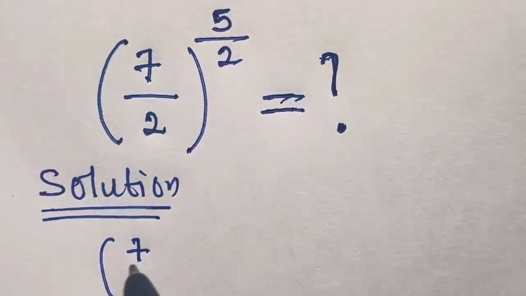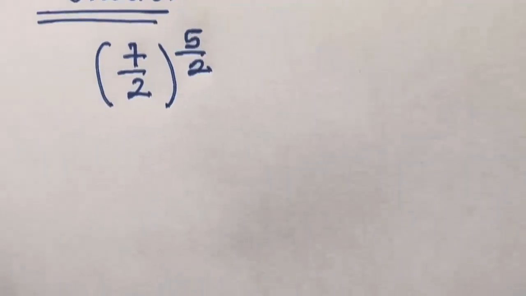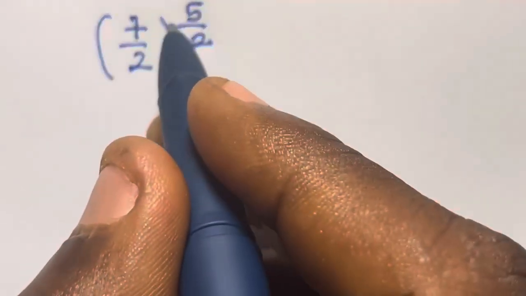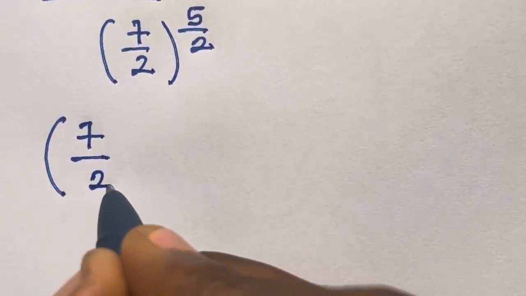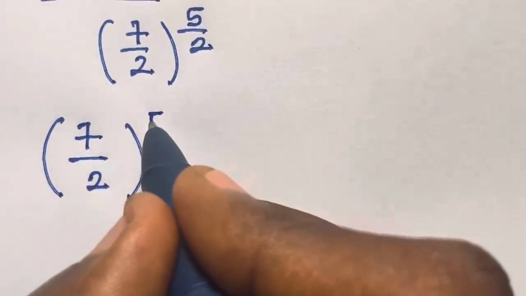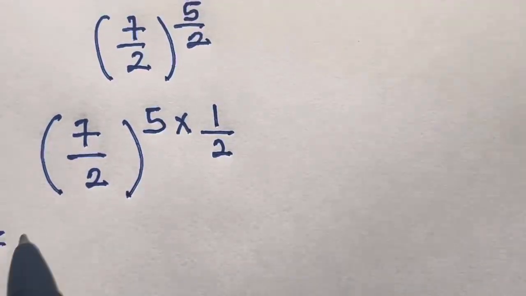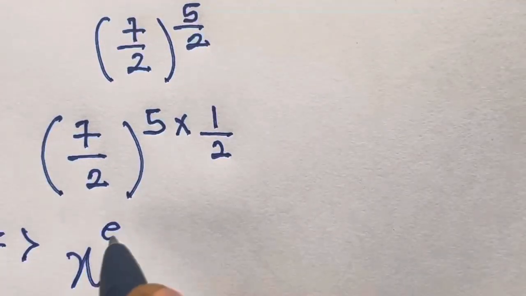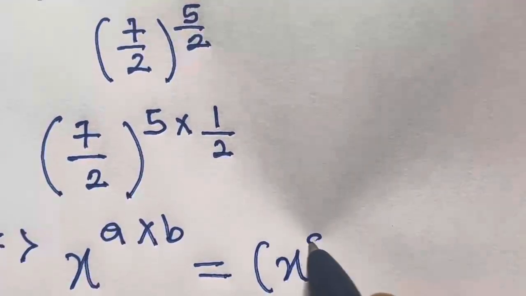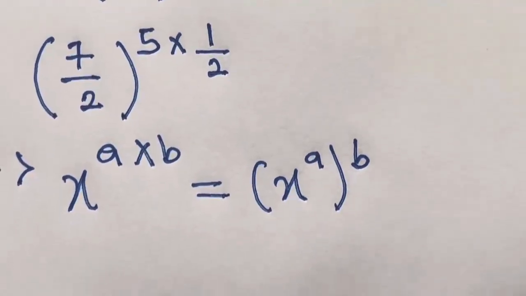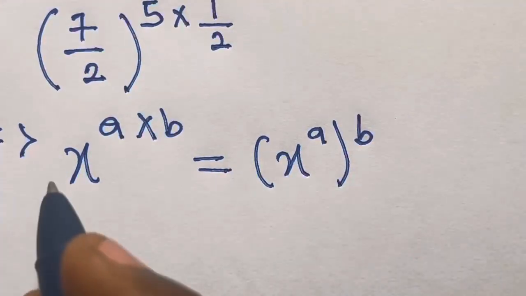We have (7/2)^5 raised to the power 1/2. This can be expressed as (7/2) raised to the power 5 times 1/2. So from here, let's recall that if you have x raised to the power a times b, this equals x raised to the power a, raised to the power b. This is the power law from the law of indices. So applying this, we will have